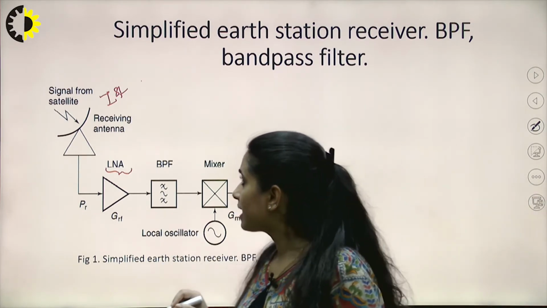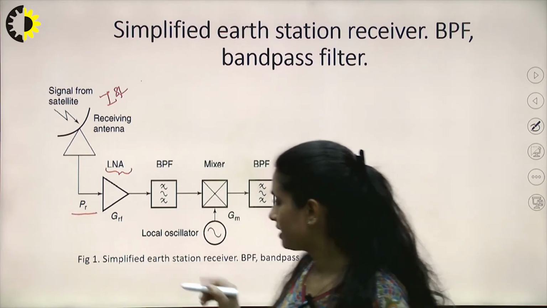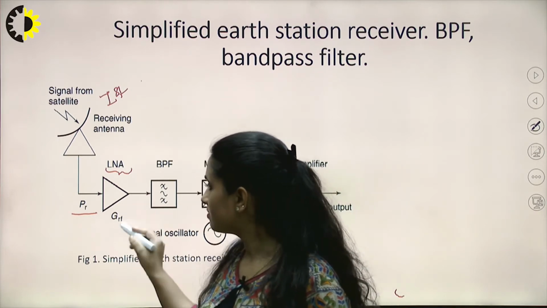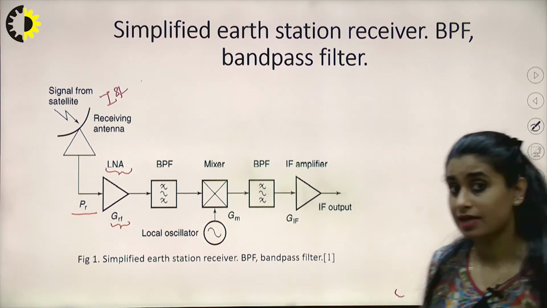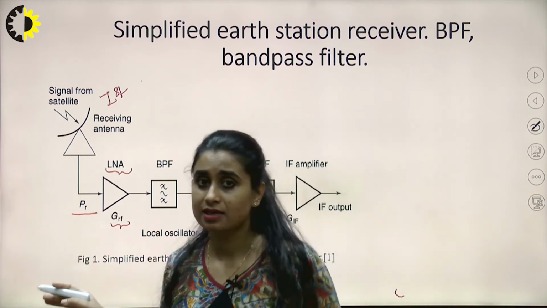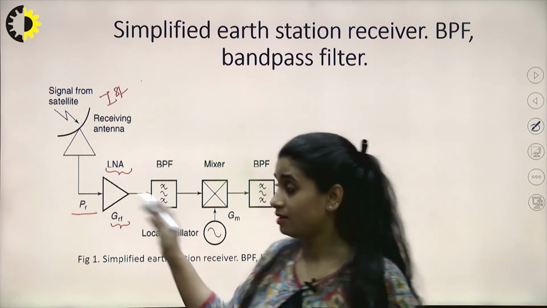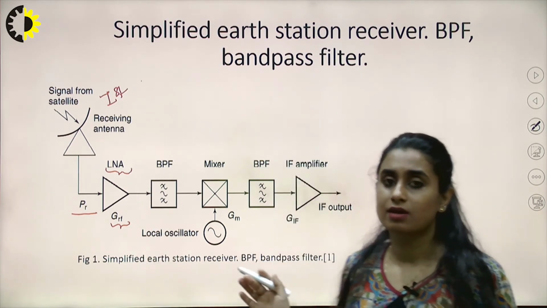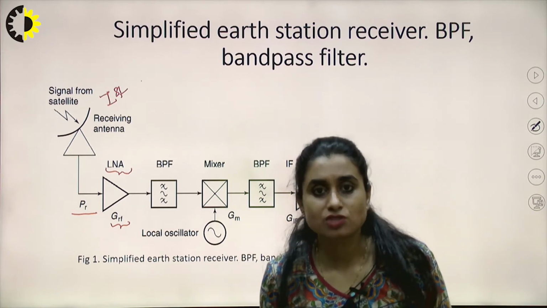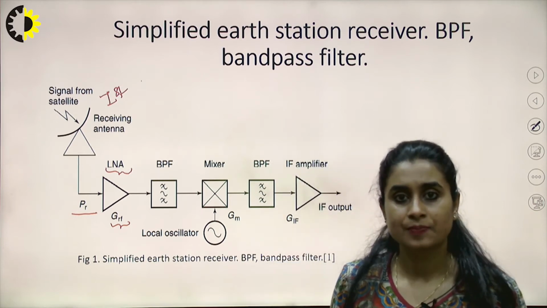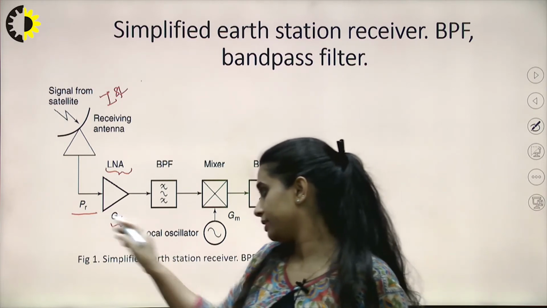So here I can denote the received power as PR, right? And the gain of this receiving terminal I can show by G subscript RF. If I talk about EIRP, equivalent isotropic radiated power, here it will be P into G. Like we have discussed in terms of transmission, EIRP will be PT into GT, that is transmitted power multiplied by the transmission gain. So here also if I calculate EIRP, that would be P into G, right?